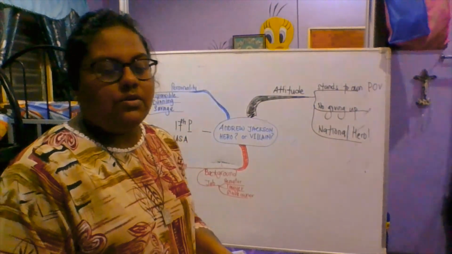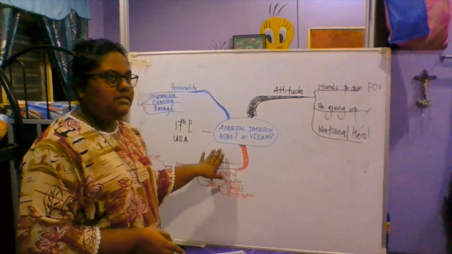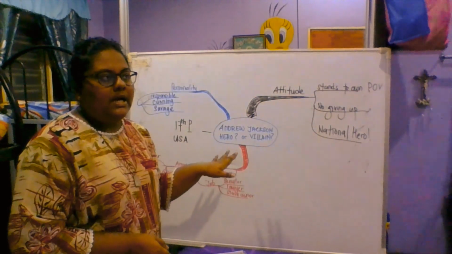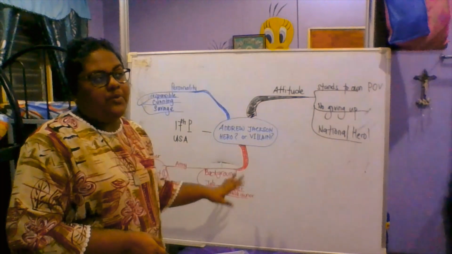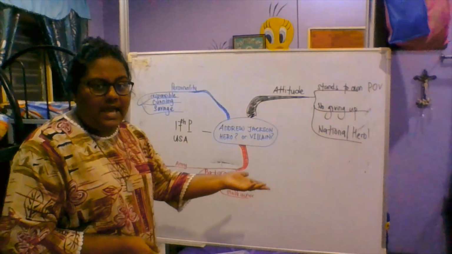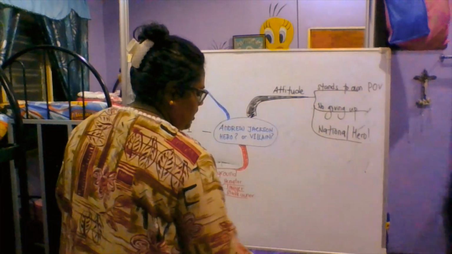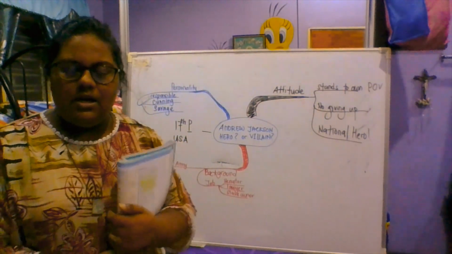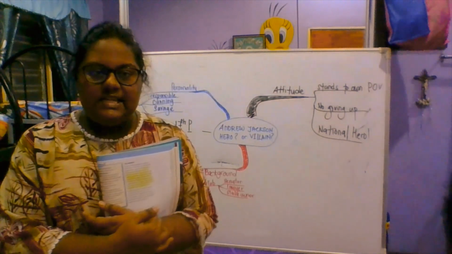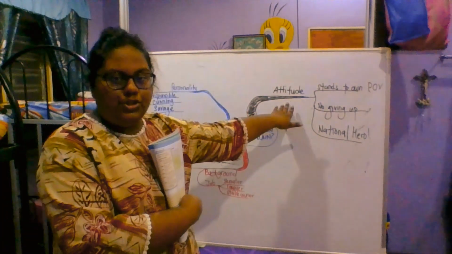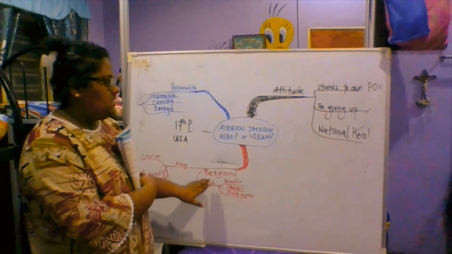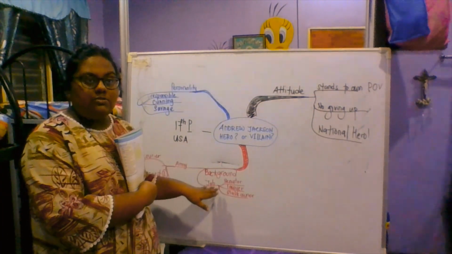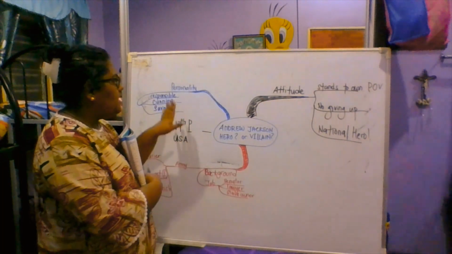Okay guys, we are going to continue with Andrew Jackson. How did he become popular? What did he do? What made him really known by the people in the USA? We are going to look at his heroic aspects, his heroic personality or attitude. Then we'll look at his background: what kind of job was he doing, what was his occupation?